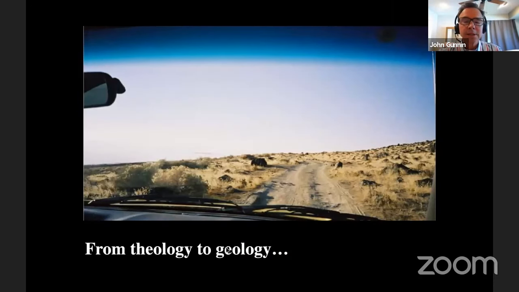So when Smithson gets the idea of geology and the Earth's time, he finds a piece of land on the Great Salt Lake, and this is what it looks like driving out there. Believe me, you don't want to get lost. It's very confusing out there, and there's lots of little forks in the road. It also happens to be near a place called the Golden Spike, just in case you've heard of that from your history class, where the railroad was going from both coasts and it met right there.